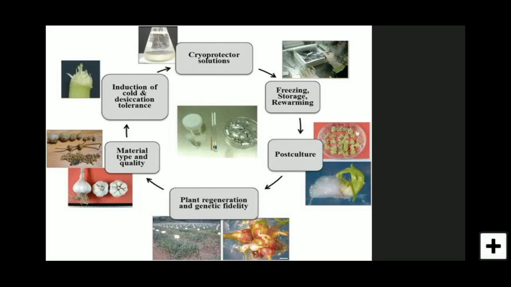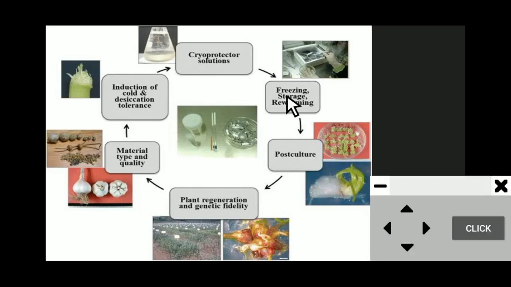The freezing can be done by various means, like over solid carbon dioxide at minus 79 degrees Celsius, or in low temperature deep freezers at minus 80 degrees Celsius, in vapor phase nitrogen at about minus 150 degrees Celsius, and in liquid nitrogen at minus 190 degrees Celsius. Among all these, the most commonly used cryopreservation method is liquid nitrogen, that is, storing the germplasm at minus 190 degrees Celsius. At this temperature, the cells stay in a completely inactive state,